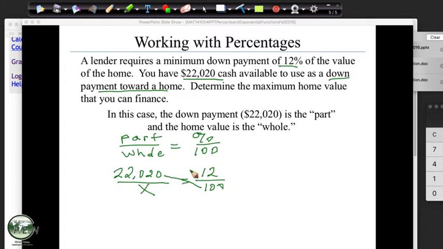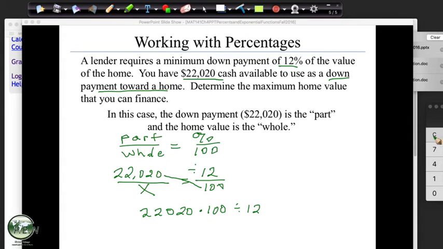Divided by 12. See, this lays it out every time. If we lay this out algebraically, I'll tell you half the time I do it wrong, and then I have to redo it the other way, because I know it's either multiply or divide by something, but sometimes I'm not quite sure. But when I lay it out this way, it's very clear. The ones that are kitty corner from each other, that are diagonal, we multiply those, and then we divide by the odd one. It's just always going to be that way. So yeah, 22,020 times 100 divided by 12. And that will give us our value.